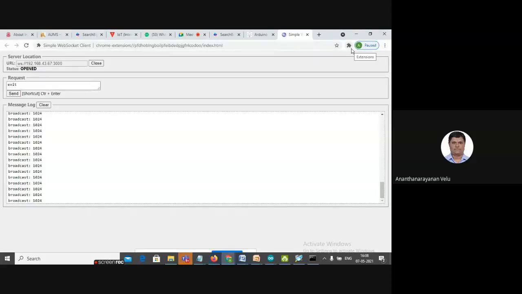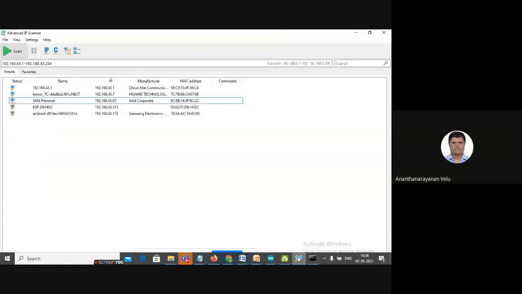So the Simple WebSocket client connects to the web server through 43.67:3000, it gets connected. This URL information, you get when you run the advanced IP scanner, you can see what is your laptop address because you are running the server in your laptop.